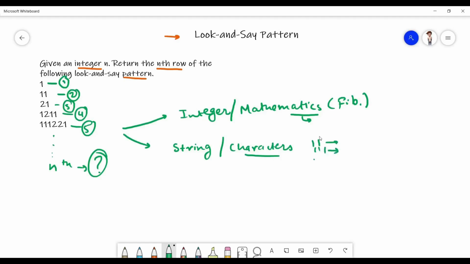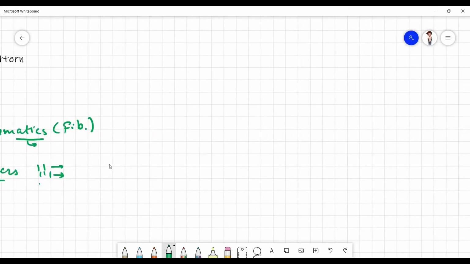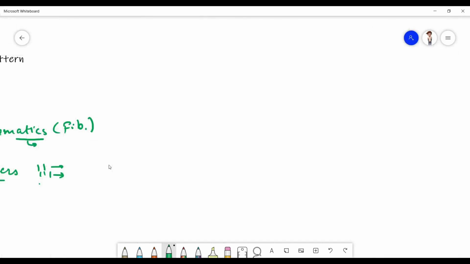So coming to the mathematics approach or the integer approach, let me write the pattern first. 1 1 2 1.